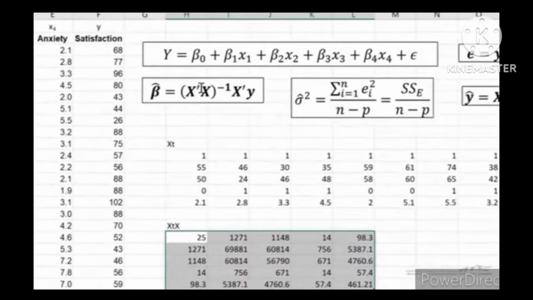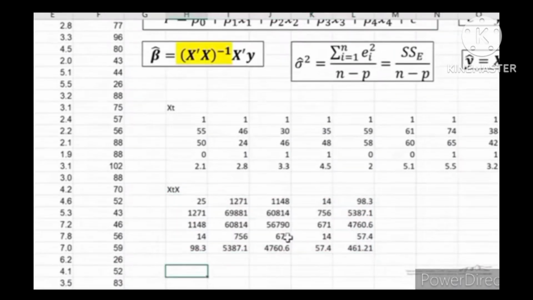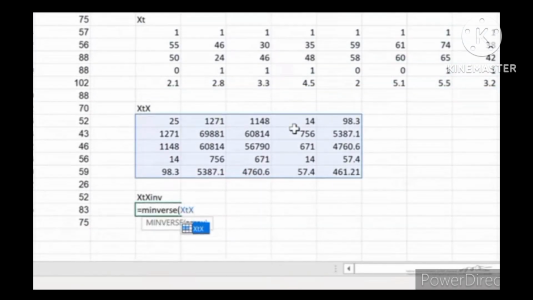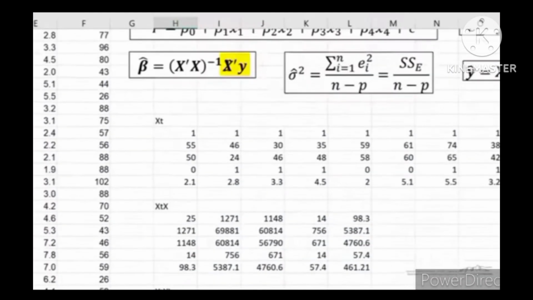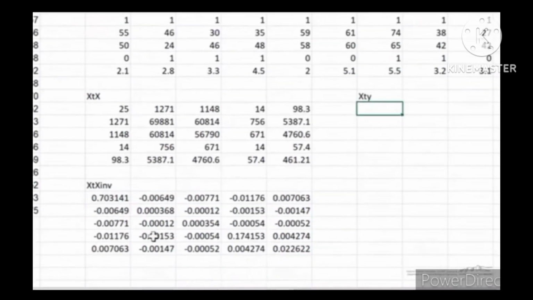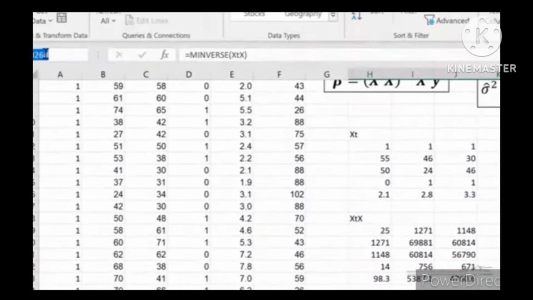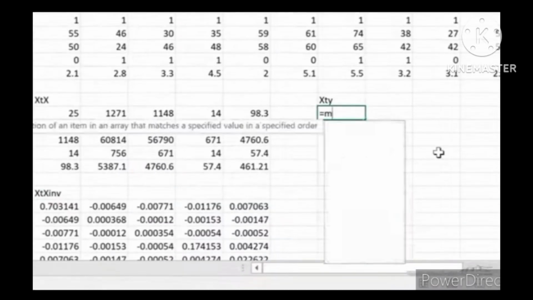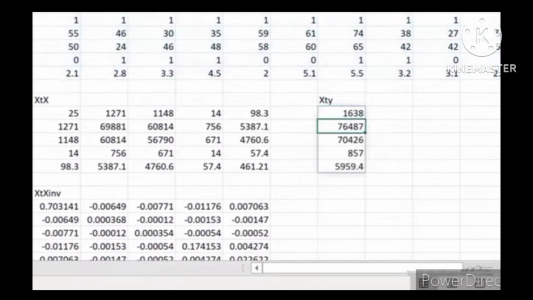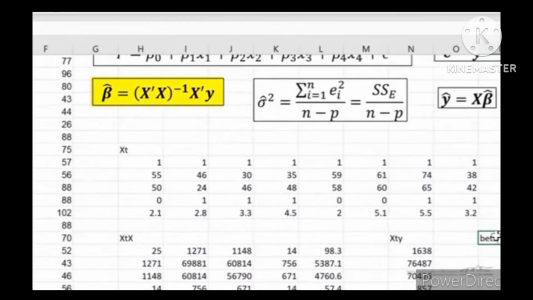We now need to take the inverse of XTX, so I'm going to call this XTX inv. That's simply the matrix inverse of XTX. Now what we're going to do is calculate X transpose times Y, the rightmost part of our beta hat calculation. So put that over here. This is XTY. Let's first go ahead and name this XTY. It's just the MMULT. So we're going to multiply XT with Y, press enter,